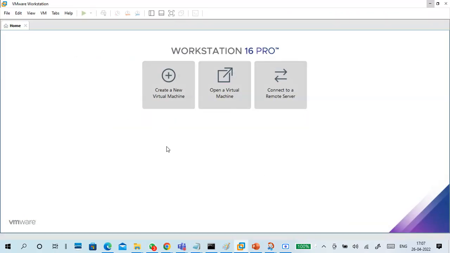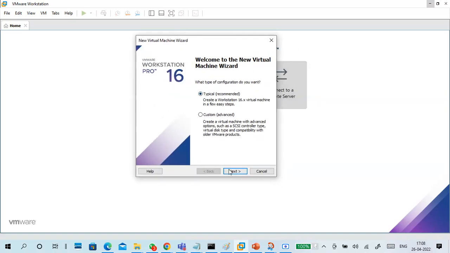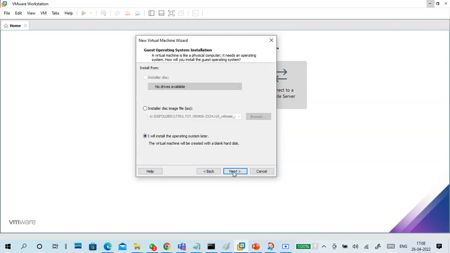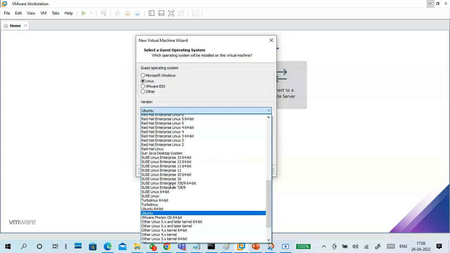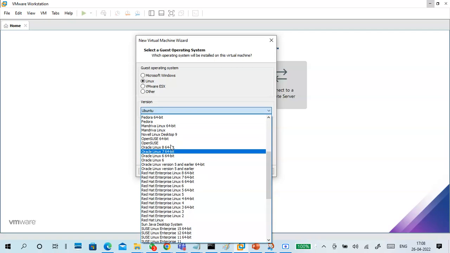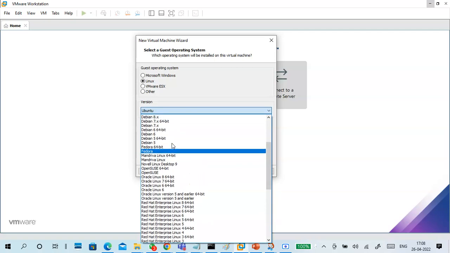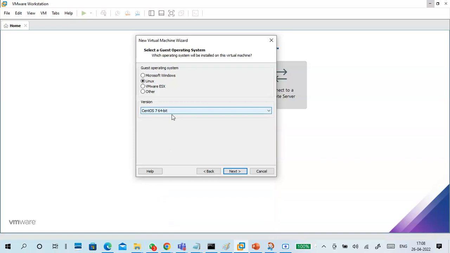So what to do? Create a virtual machine. Which option? Create a new virtual machine. Very good, so you know VMware Workstation. Next. Typical is enough. Typical. Yes, sir. Third option. Yes, sir. This will change for Linux. The Linux version is CentOS, right? See, these are all different Linux operating systems, including Red Hat, Oracle, Mandriva, Fedora, CentOS 7, CentOS 7 64 bit.